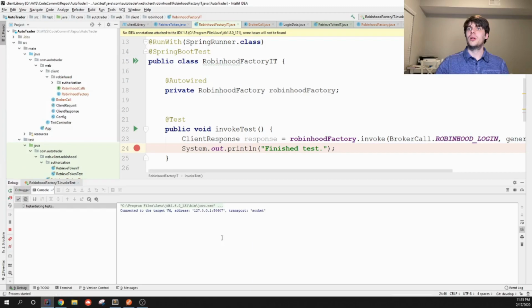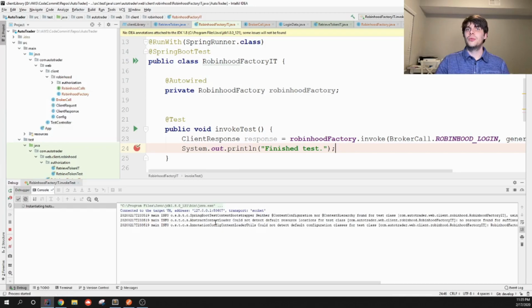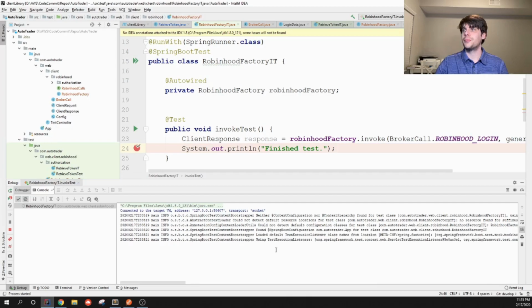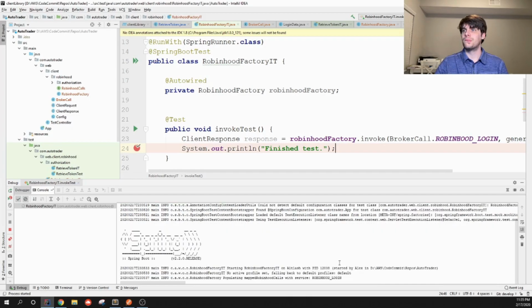So it's kicking off our integration tests, so hopefully it'll spin up a Spring context without any issues. We already see our logging statement. So if we go back to our console,